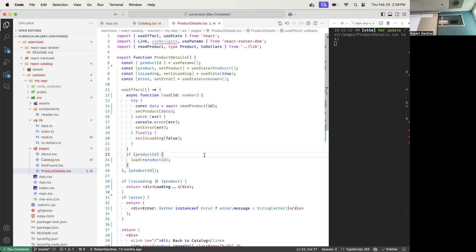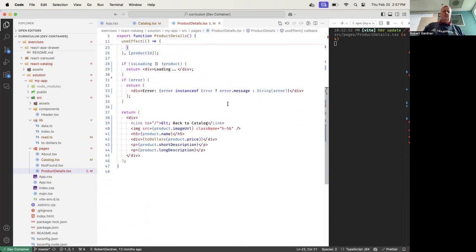Okay, so we got 14 out of here, then we use that when we call readProduct. We want to pass it 14. Okay. The last thing I want to do here is put a button in, which is